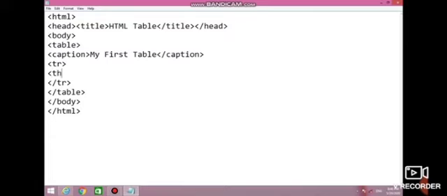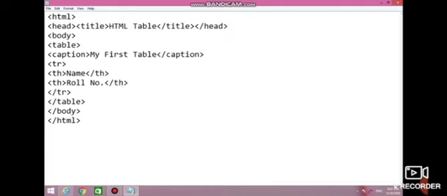Table heading. Table heading can be defined using th tag. It is also a container tag. It displays the headings in bold letters. Here I am giving columns heading like name, another heading roll number, then close the th tag, table heading tag.